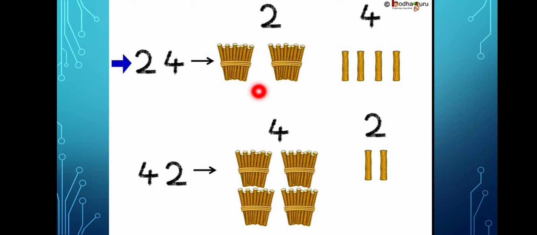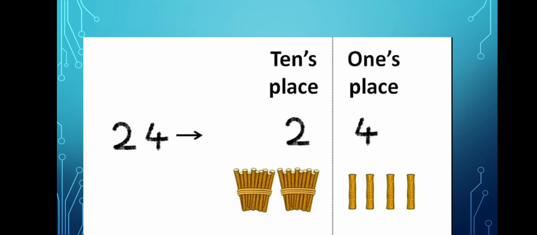But when they change their places and it becomes 42, 2 represents the number of loose sticks, that is the number of ones, and 4 represents the number of tens, that is 4 bundles of 10 sticks. So now you know the rightmost place